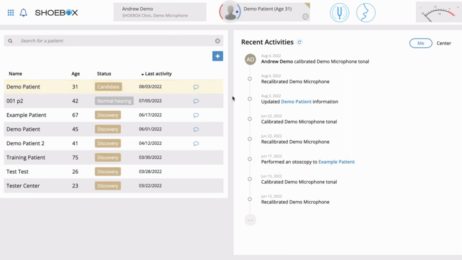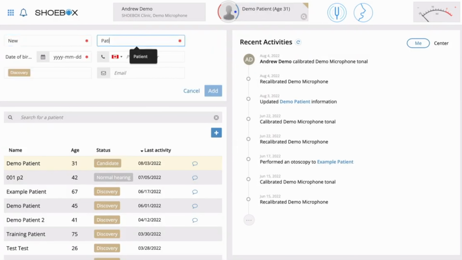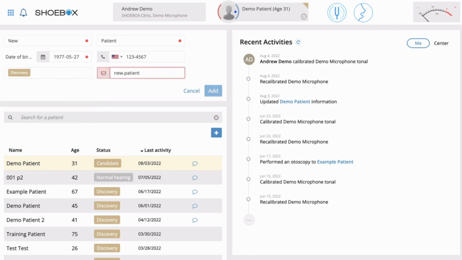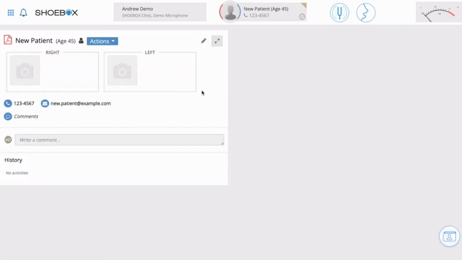Now let's take a look at how to add a new patient. Clicking on the plus icon located here will open the new patient interface. From here, you can add all of the patient's information. First name, last name, and date of birth are all mandatory. You can set the patient status manually. Discovery is the default that new patients start with. Once you're done, clicking on the Add button will add the patient, and you will be automatically taken to the